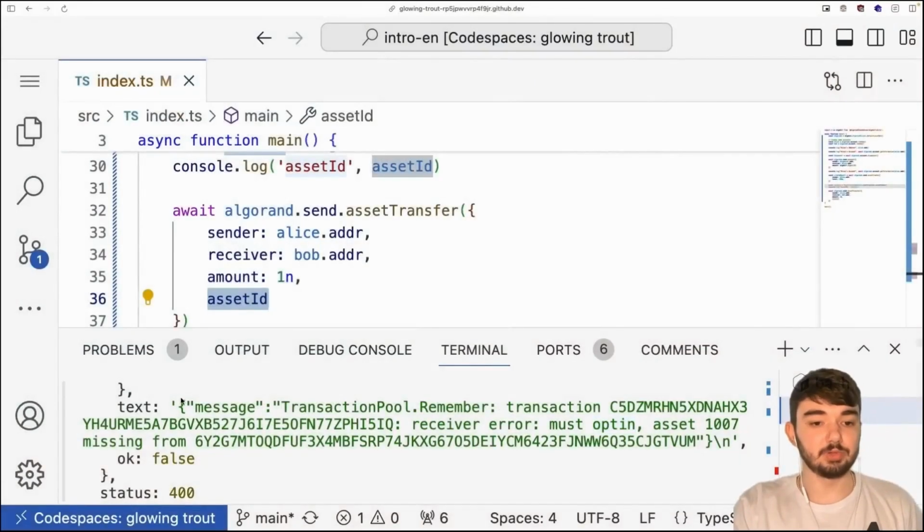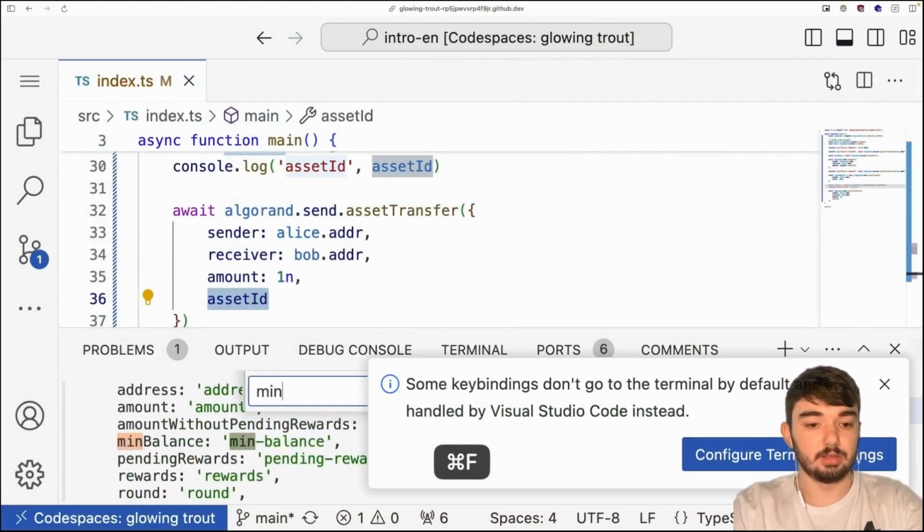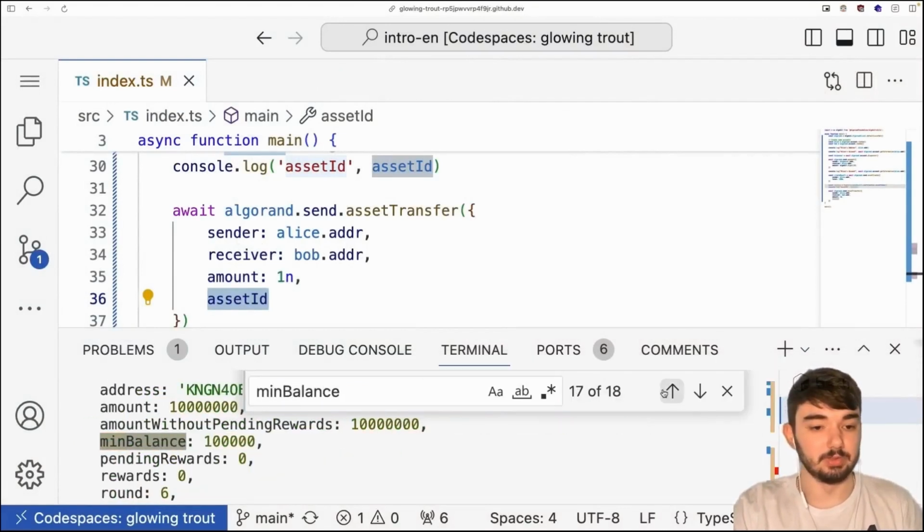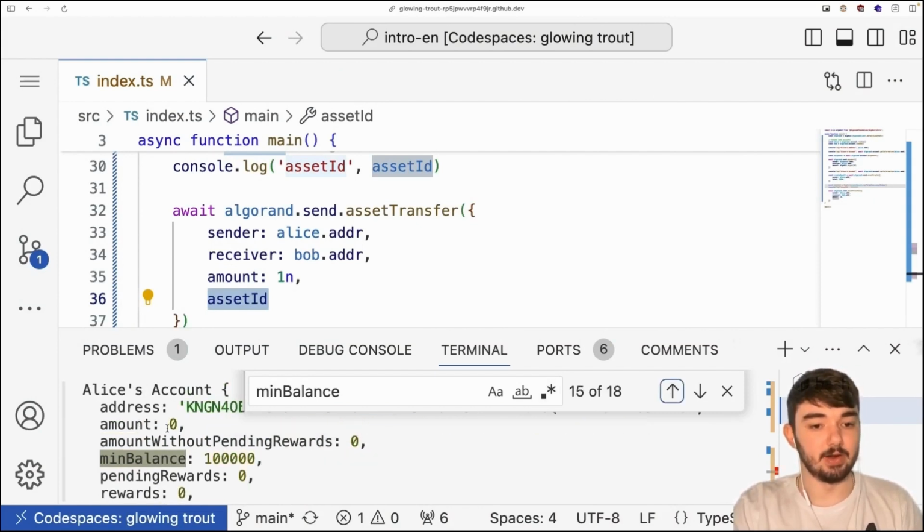And in fact, if we actually go look at this min balance field that I'm logging, you can see that even when Alice had 0 Algo, the API told us that the minimum balance to be in the ledger is 100,000 micro Algo.